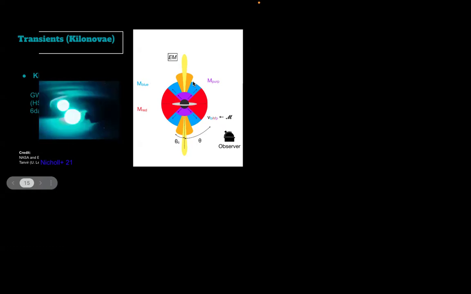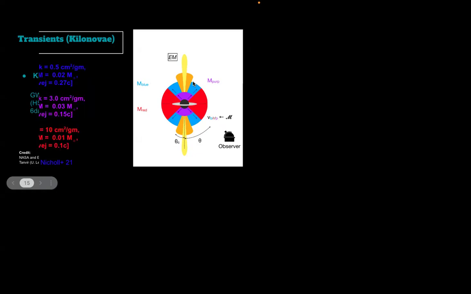So, Anindya, just the schematic that you are showing. Does it mean that the red, blue and purple, the area that they are covering in the neutron star, is related to the amount of radiation or amount of ejecta coming from those three kinds of... did I make sense?